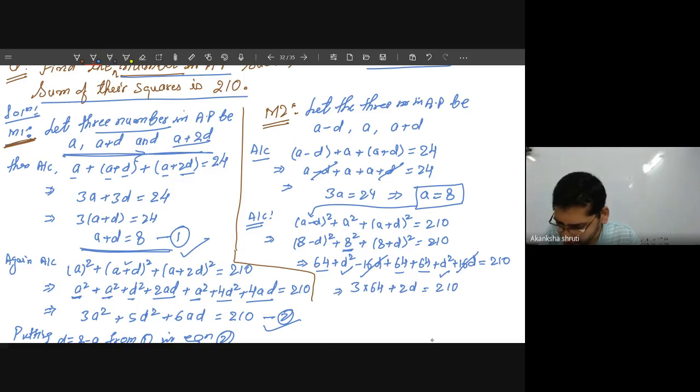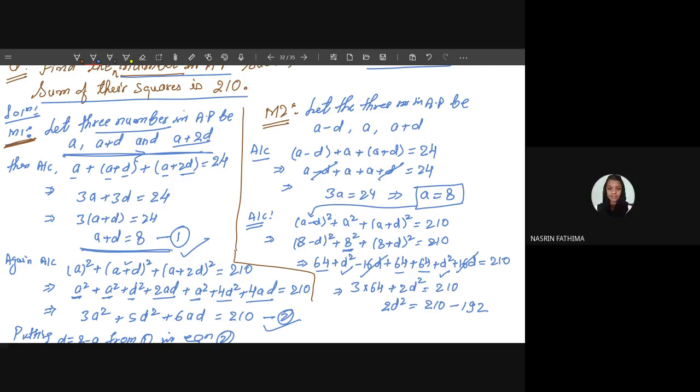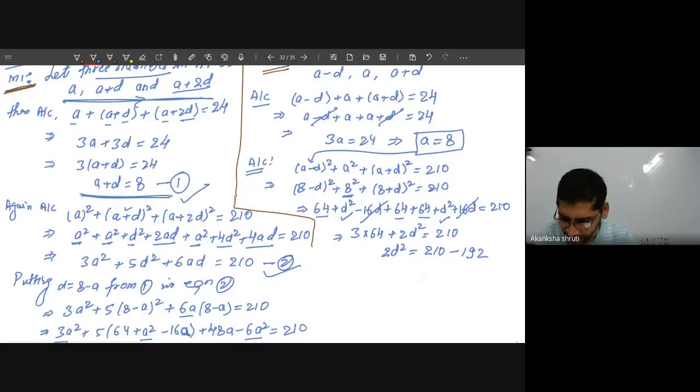स्टूडेंट, अभी देखिए तो यहां से कितना अच्छा हो रहा है अपने को. 2d स्क्वायर इज इक्वल्स टू 210 माइनस ऑफ, मैं जरा 64 को 3 टाइम मल्टीप्लाई करके इधर ले लो, इट बिकम आई थिंक 192 आएगा. Yes, sir. 6 3s are 18 and 12. Yes. So d square becomes how much? So go for the subtraction. 18 by 2, 2 have came in this. It is 9. A student, what will be value of d?